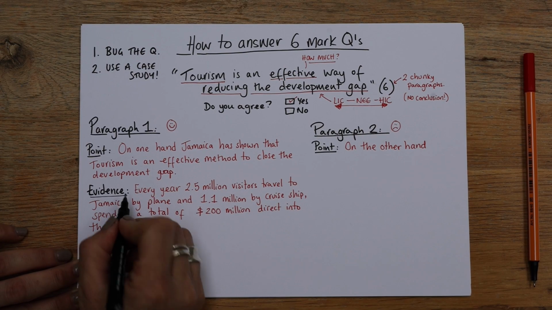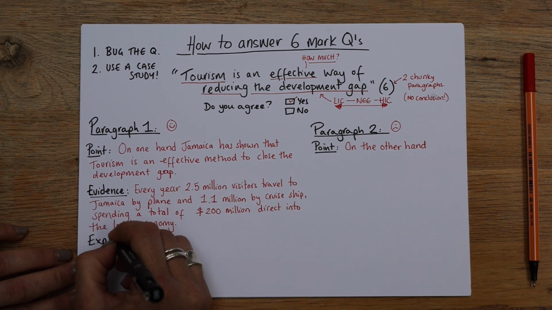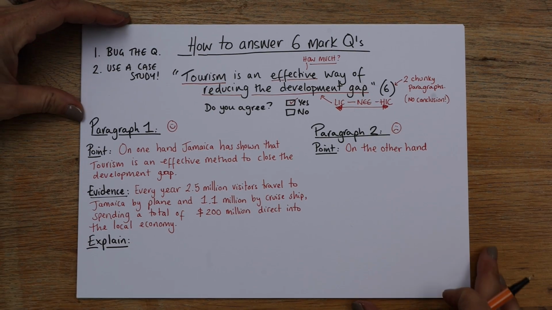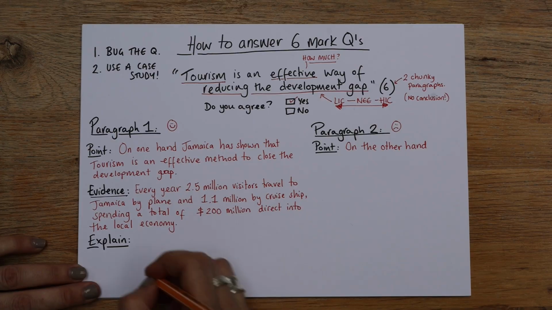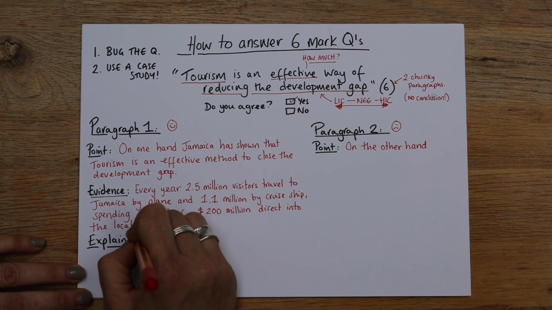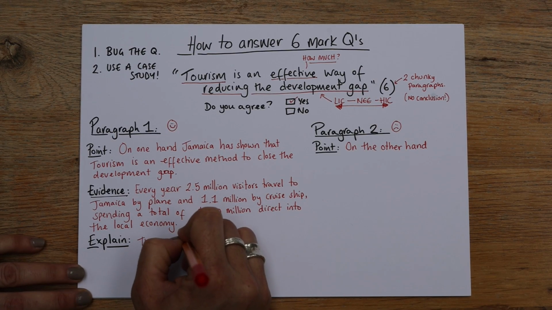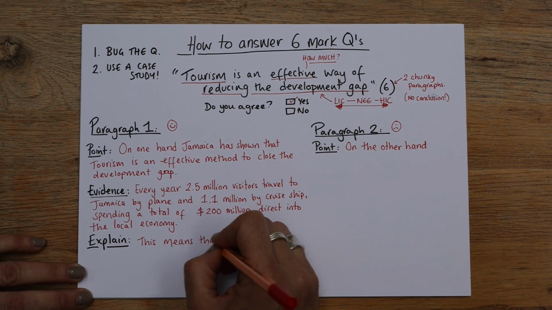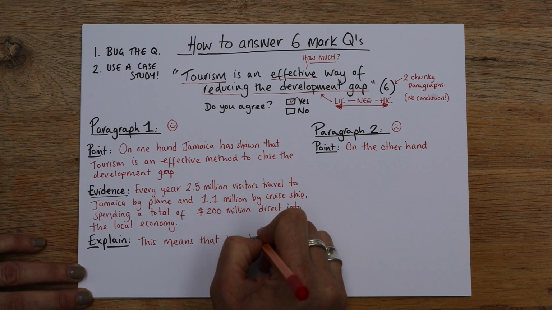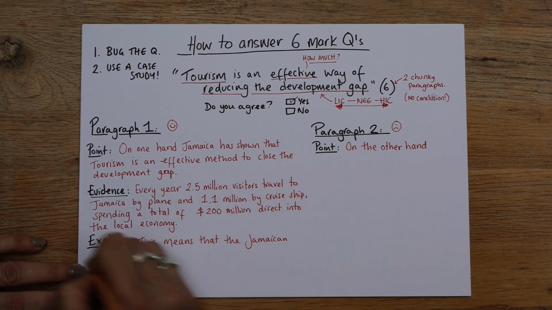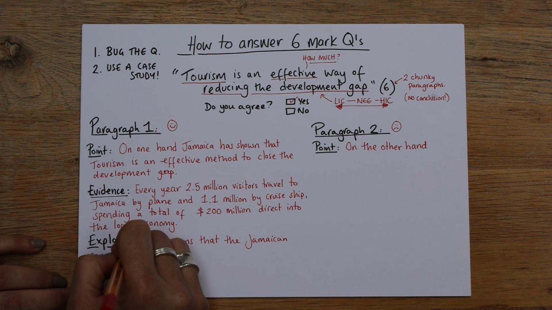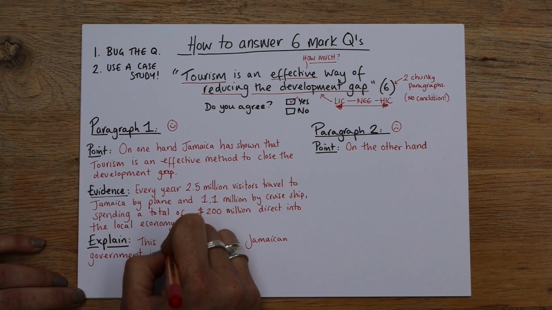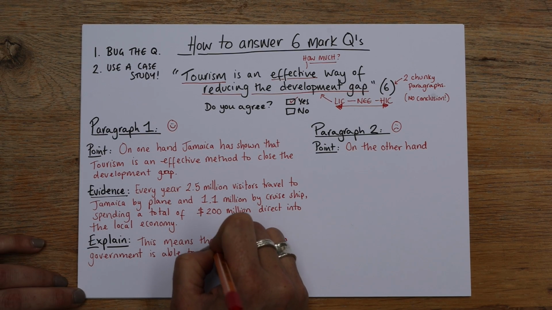But we have got to explain that. So if we just write explain, the examiner's not going to know what you mean. You've got to explain it. Can't assume anything. So we need to use my favourite little words. This means that. My second favourite is this is because. But yeah, this means that the Jamaican government is able to make